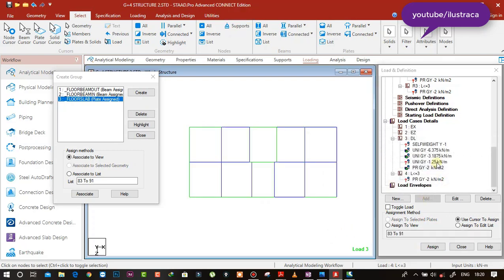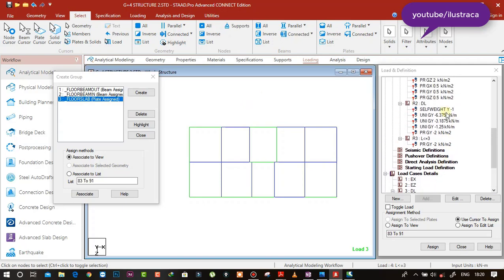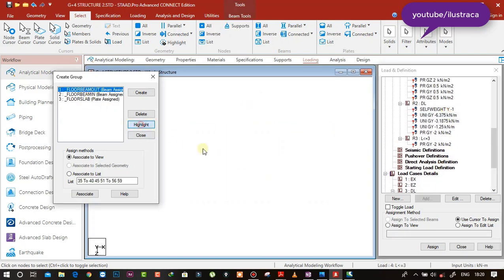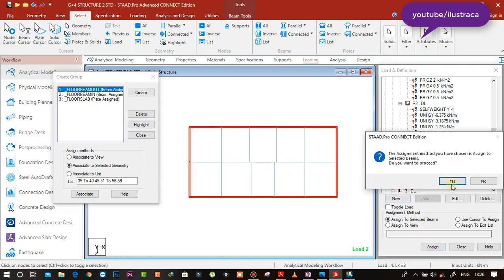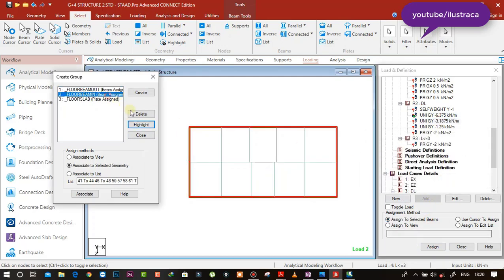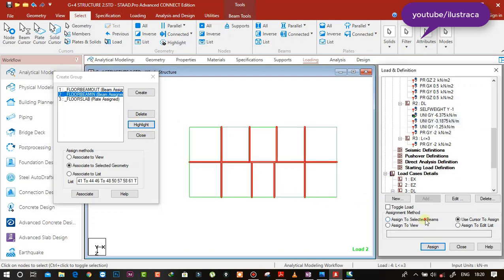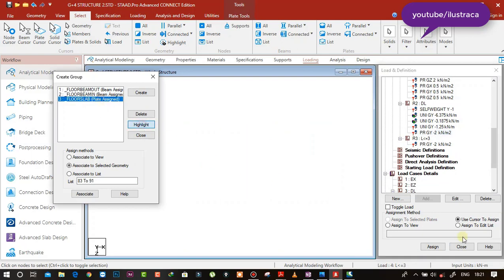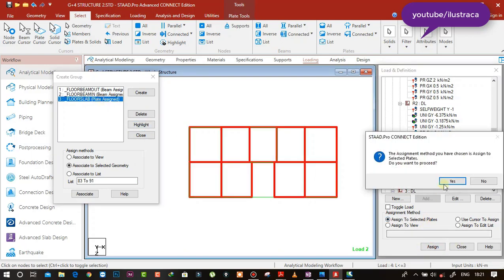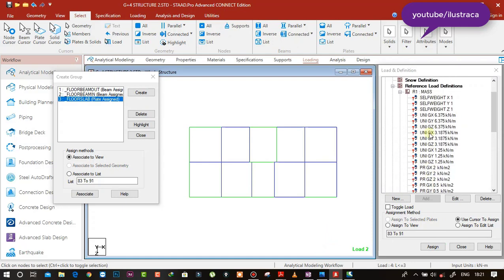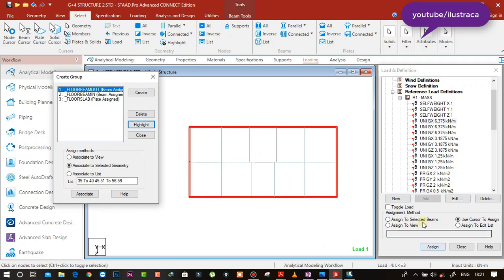So this 1.25 we are going to define and assign afterwards when we'll be creating the top floor, which is the terrace floor. Okay, so the same way we need to assign these values also, highlight. Okay, and again the mass values, okay, in all the three directions.